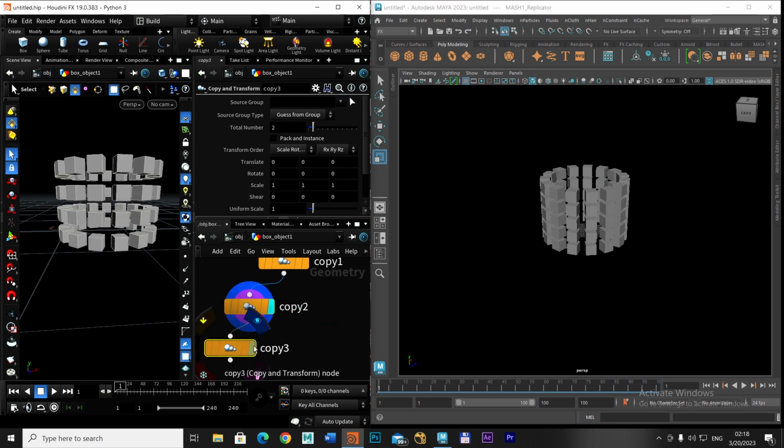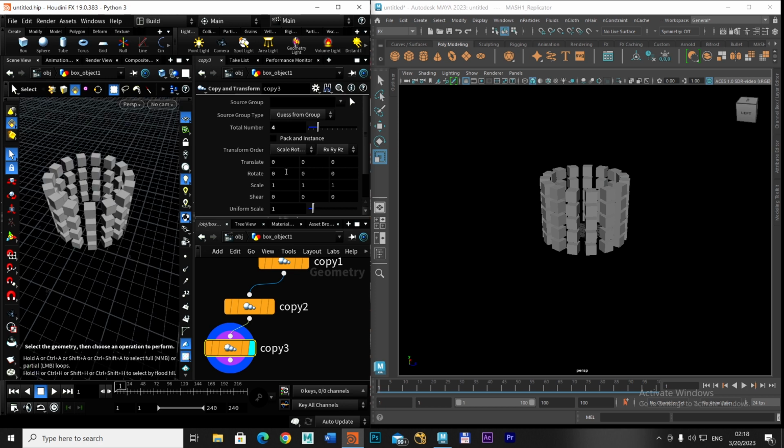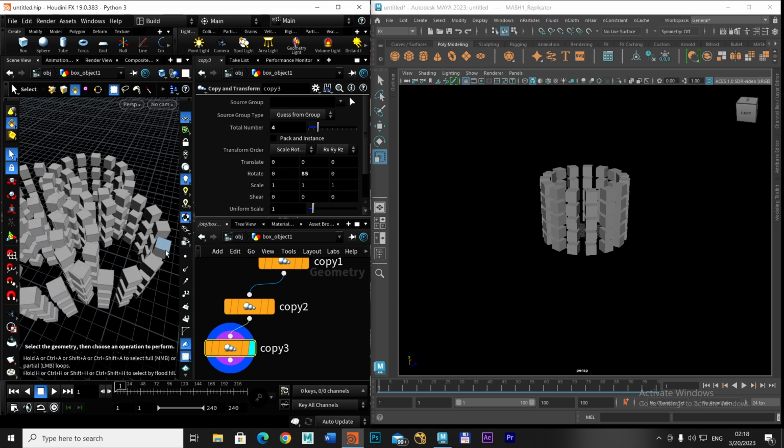Connect to the previous node, copy 2 node, make total number 4, and rotation we will set in Y to 85, or